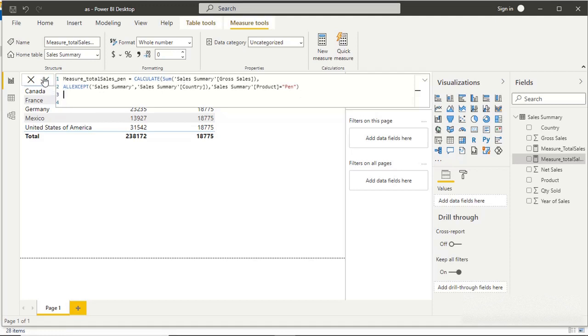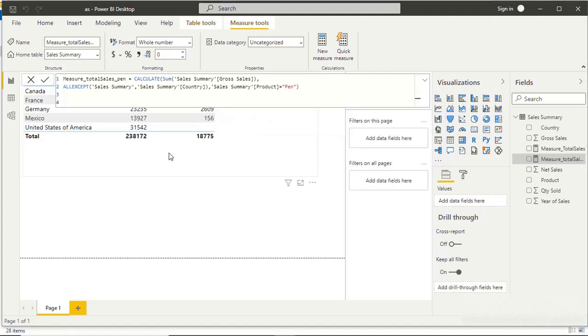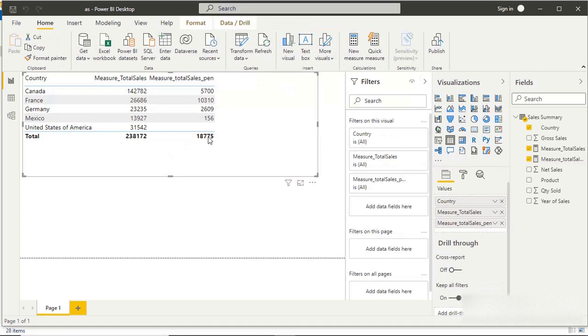So if I execute this one, you can see the data is back country wise because we are keeping the filter context for the country field. So this way you can use the calculate function for multiple purposes in Power BI Desktop.